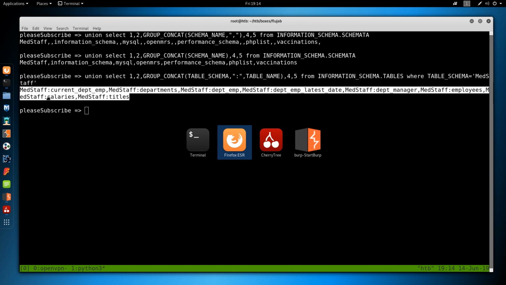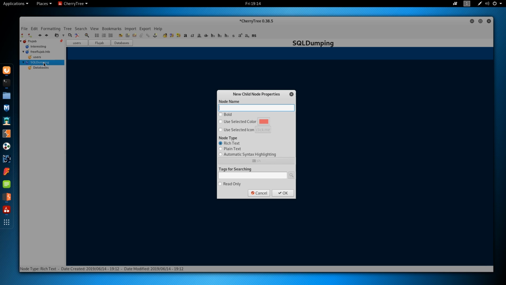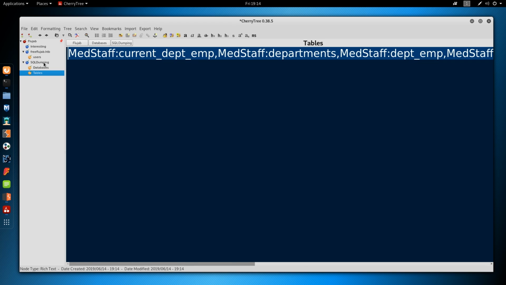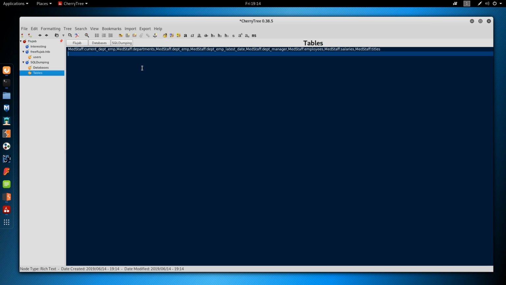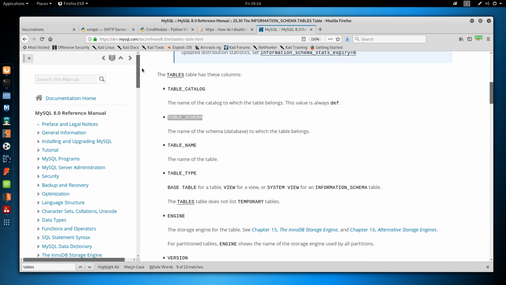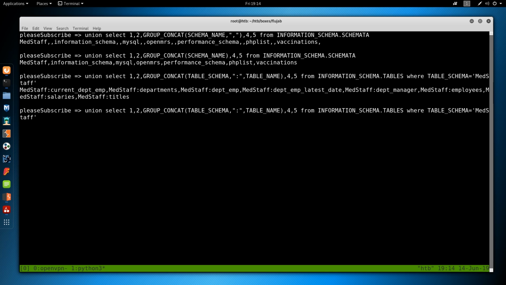So let's go here. Cherry tree. I guess it makes sense when we do this. Tables. It's going to be a pain to highlight. In reality, I'd have the font like this. But for videos, we have it all the way up here. So let's go back to terminal. And we can do where table schema is equal to the next one, which is open NMRS. And you get